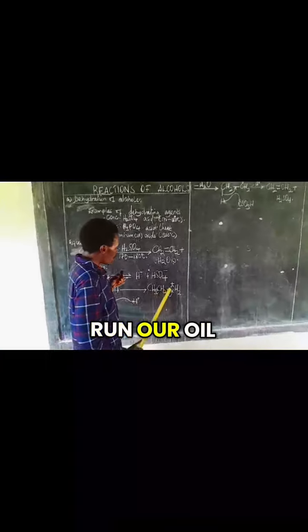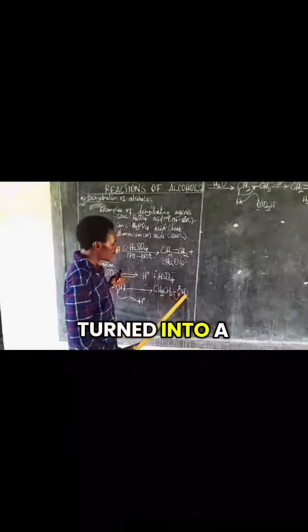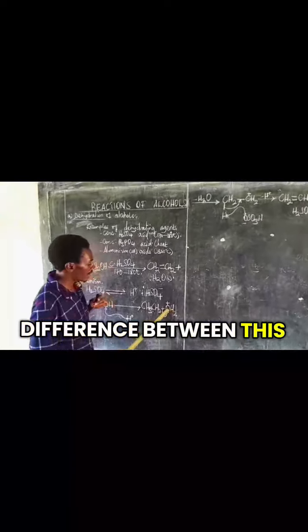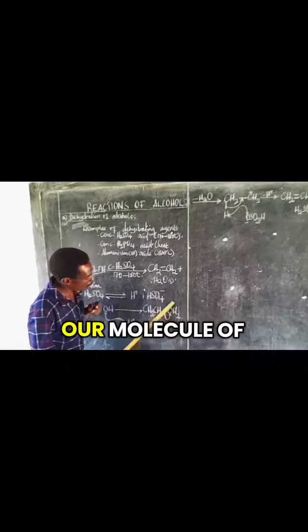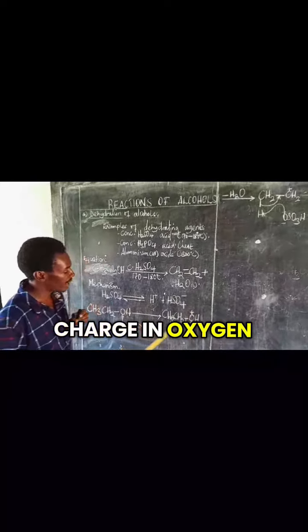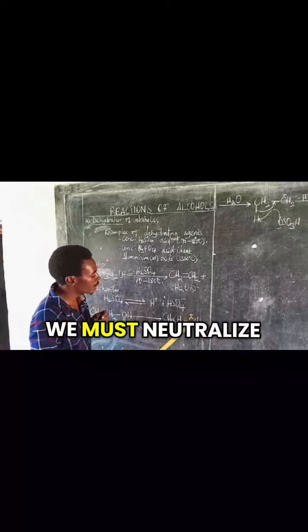In the long run, our OH group has been turned into a water molecule, but the only difference between this and water is that our molecule of water still has a positive charge on oxygen, and therefore we must neutralize that positive